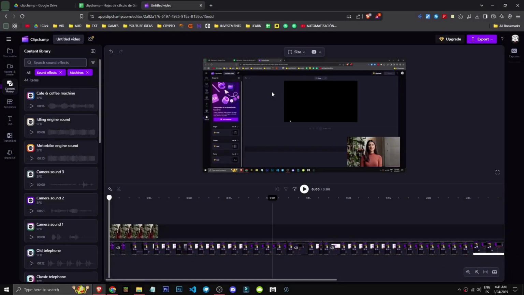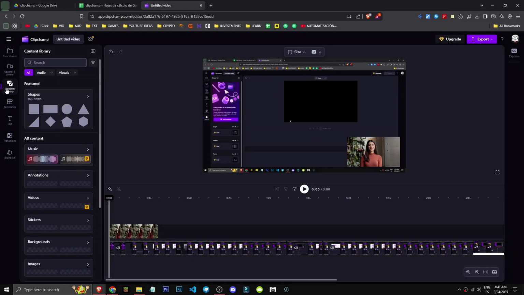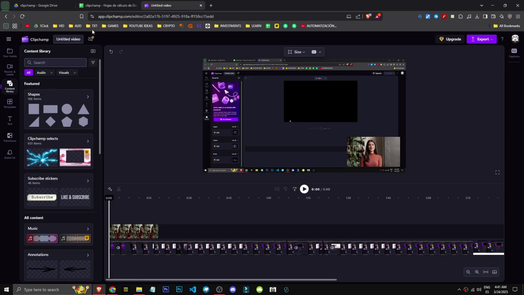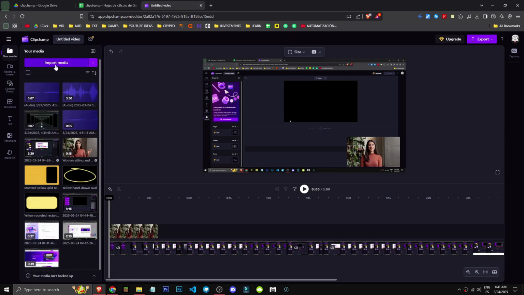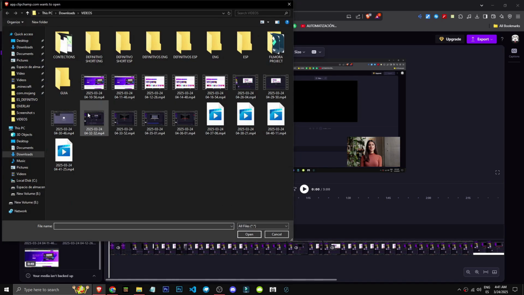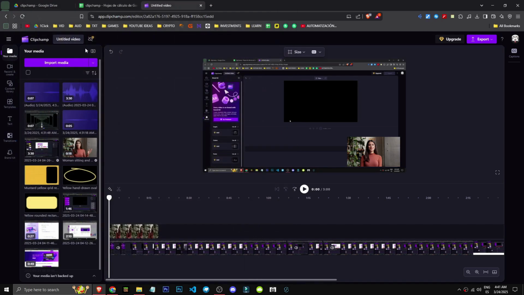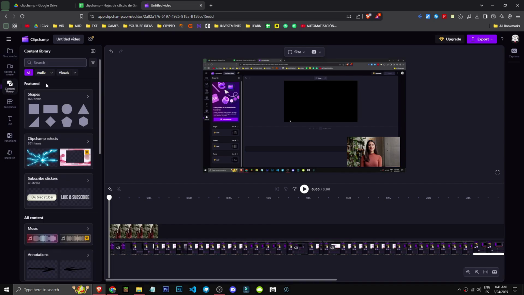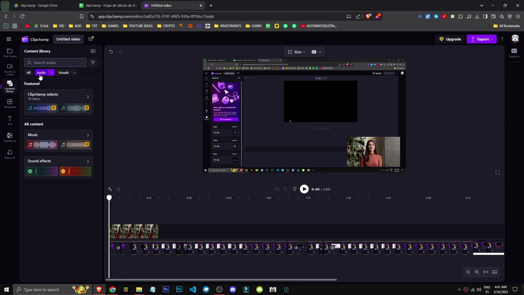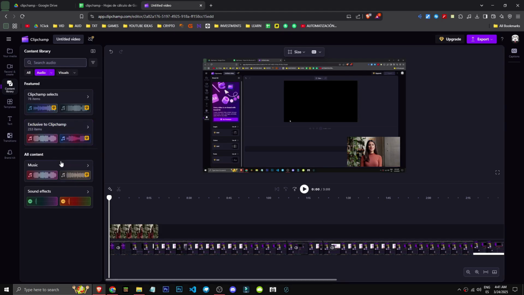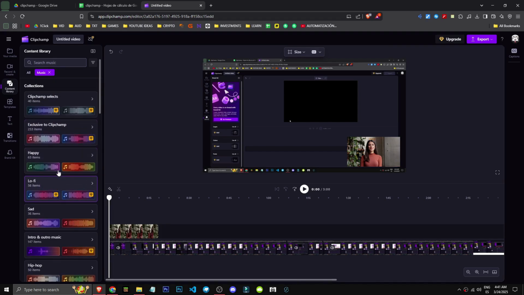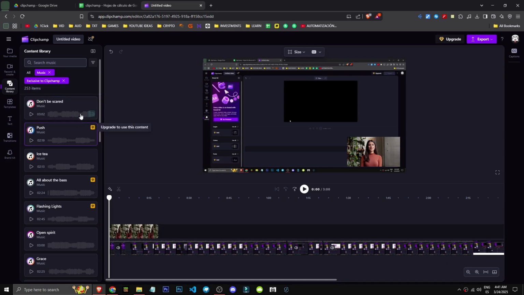How can you add music to your Clipchamp video? Well, you have different options. Obviously, the first is to go to media and import it. Import your own music and add it. The second is to go to the content library, select all, then choose audio. Here you decide what you want for Clipchamp exclusive music. Go to music, for example, Clipchamp exclusive tracks. You'll see lots of music, both premium and free. This one, for instance, is a premium track. It's great music, just drag it over